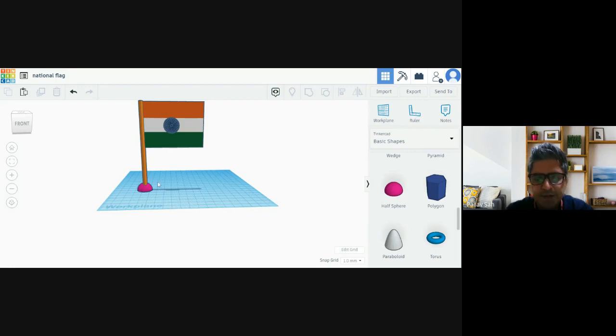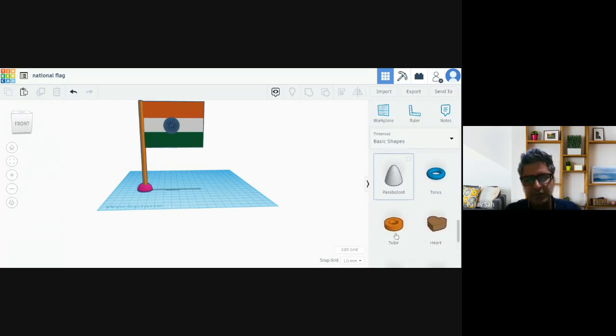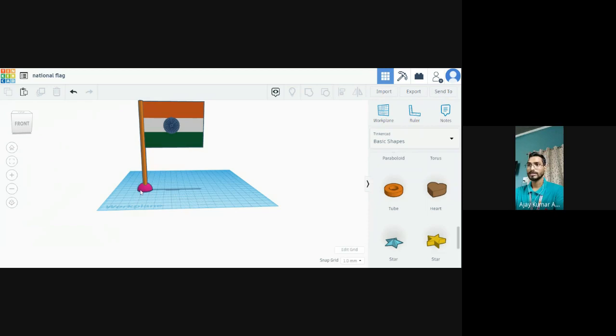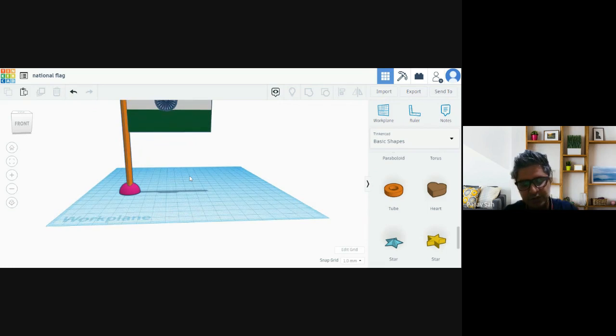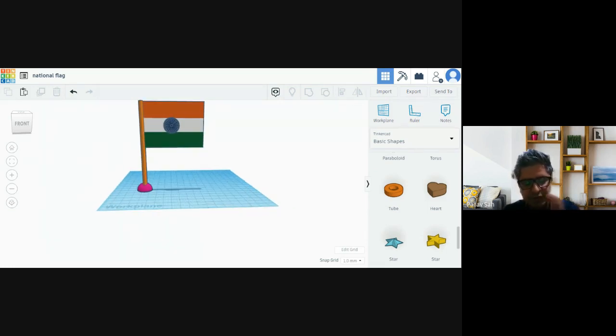So children, we are just discussing a little bit of structural details. We don't want our flag to just keep on falling, right? We want the flag to stay on the table. So we have to print it in such a way that the base gets printed in a heavier format, and the rest of the things get printed in a lighter format. We'll see if we are able to give it in the morning for printing this flag. Probably in the closing ceremony, we'll show you what we printed in the school lab, a short video of it.